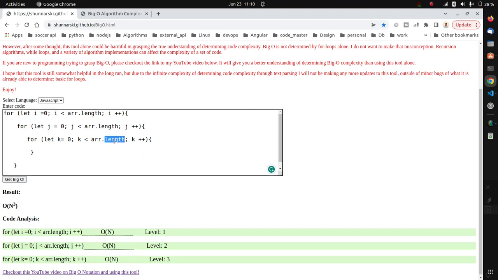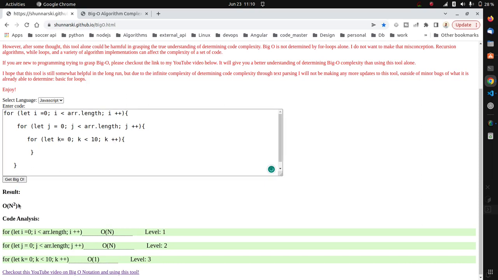So the moment I change this now to 10, for example, and run, now notice we now have what? O n raised to power 2. And you can see the last one I changed is now a constant time, which is this one. The reason for that is because this loop is not depending on the input size. All right. So guys, I hope this gives you a clear picture of how the big O of n raised